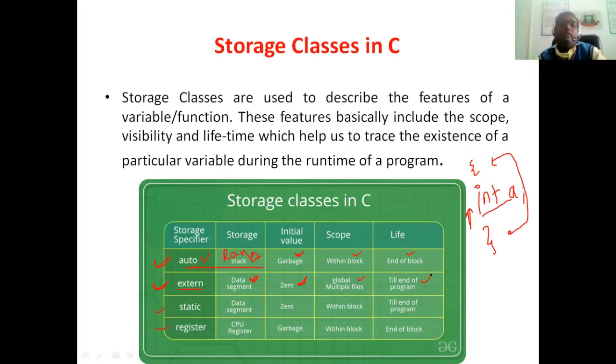After that, the very next storage class is the static storage class. Again, it's a very important storage class. So static is a word, or keyword we can say, used to declare a particular variable as static. Suppose you want to declare a particular variable as static, so you have to use the static word. The static keyword is used in front of the data type of that variable.